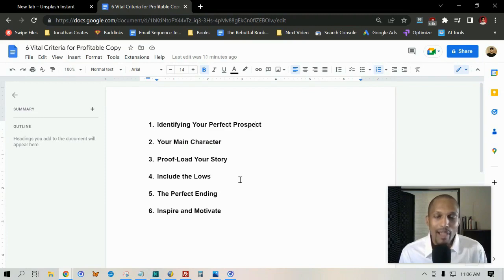Inspire, motivate. If you have that element, talk about how the main character was able to overachieve, and how the main character was able to be resilient, and even through times where he felt down on himself, he was able to self-coach himself. And you just want the whole story to be inspirational. And when you do it this way, you'll find that the reader is going to be so glued in and locked into the story of the main character, because they feel like they can relate to it. It's almost like they're reading about themselves.